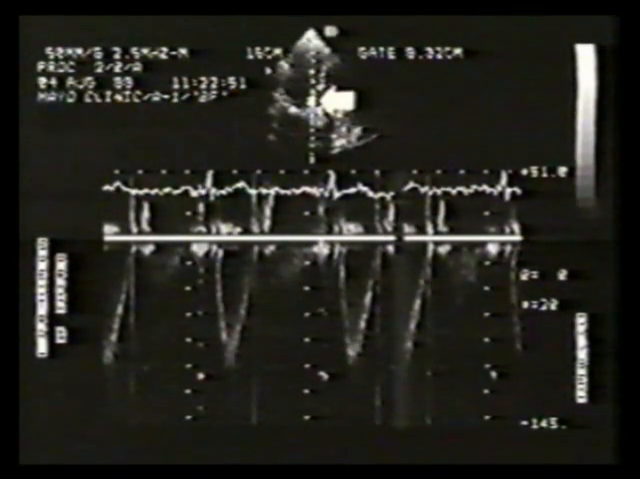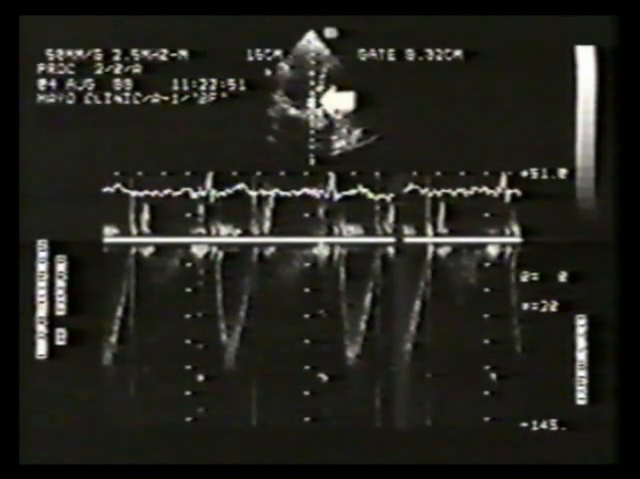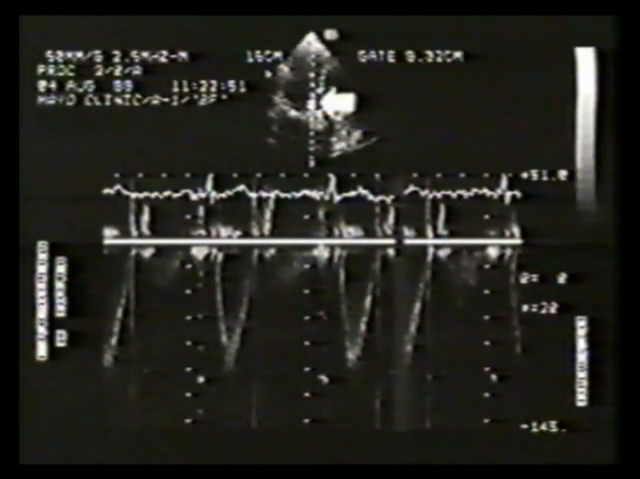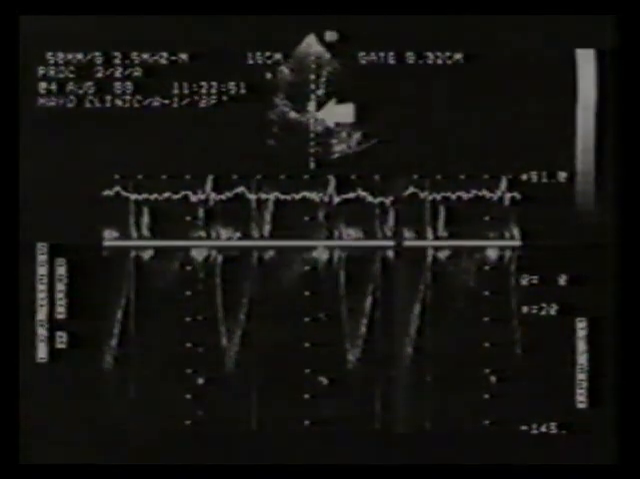This sample volume position, just below the aortic prosthesis, is the one we want to use to obtain the LVOT velocity. As previously discussed, if we advance the sample volume too far toward the sewing ring,